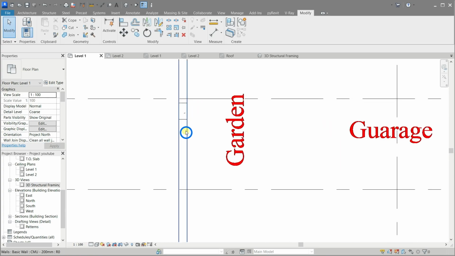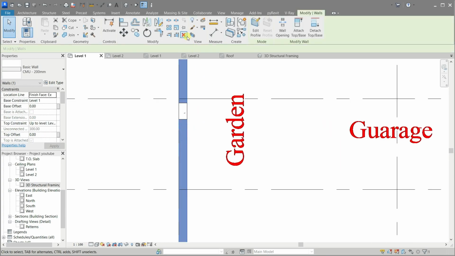Let's create a joint column from the block wall instead of this concrete column.